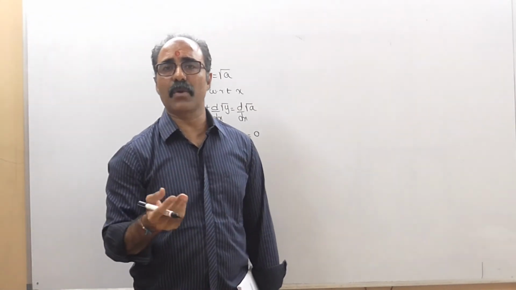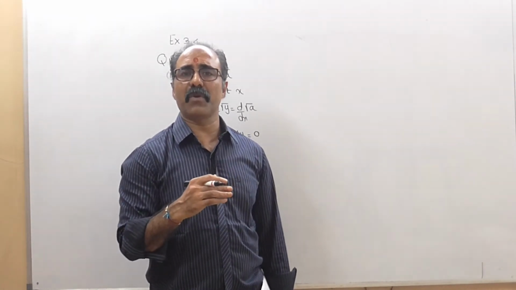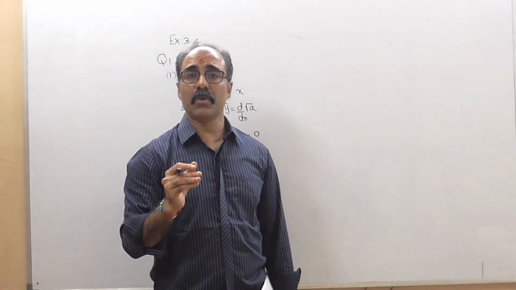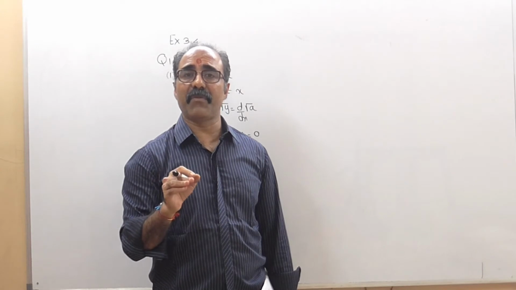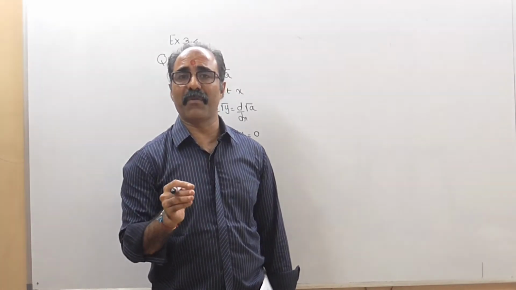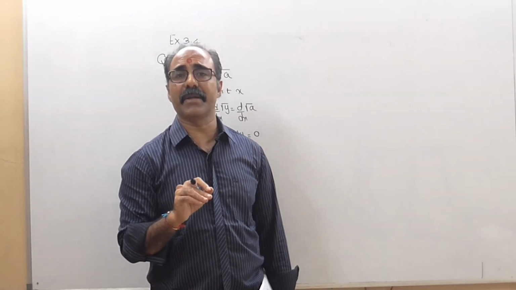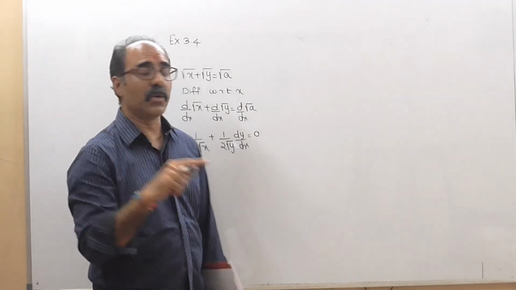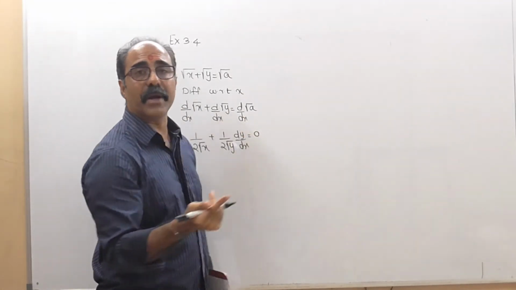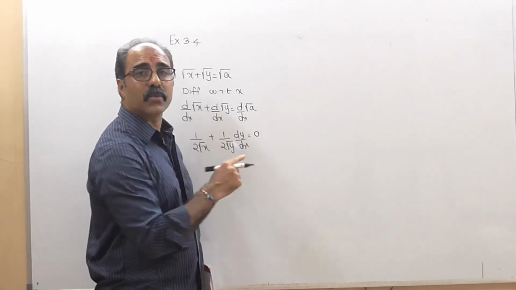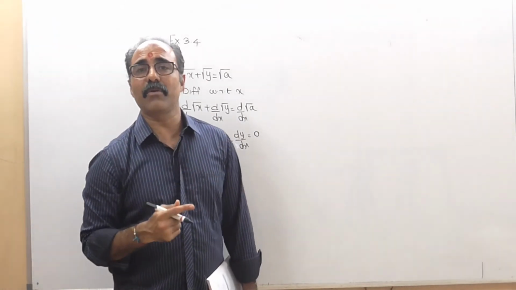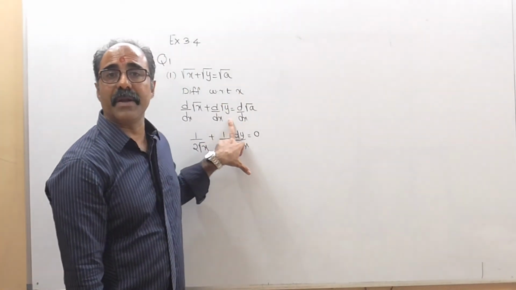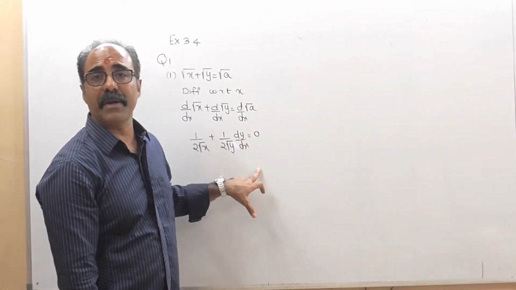But y is not a constant. So you cannot write the derivative of y as 0. What you have to do is find the derivative of y in the same way as you find the derivative of x and then you attach dy by dx to it. So if you look here properly, root y is not a constant, so you cannot write 0. If it is not a constant, then you can differentiate it. So root y का derivative, write it as 1 upon 2 root of y, and with that you will have to attach dy by dx. The reason is you are differentiating with respect to x and still you are giving a derivative for the function y, so you will have to write dy by dx attached to it.